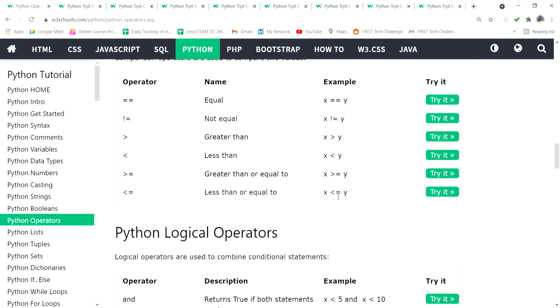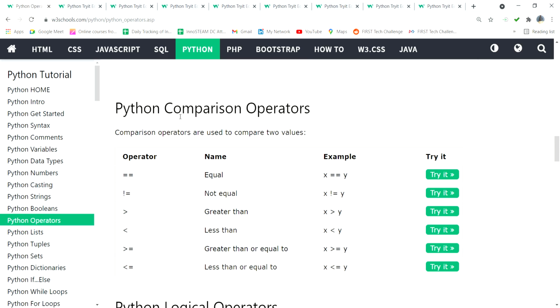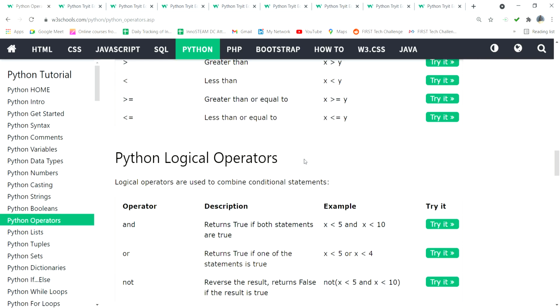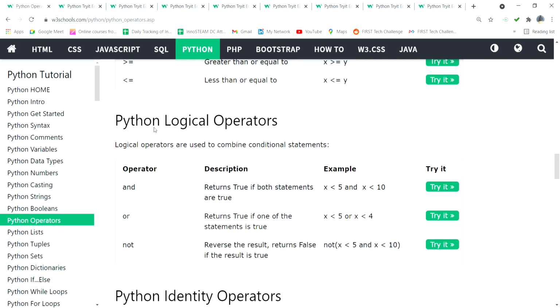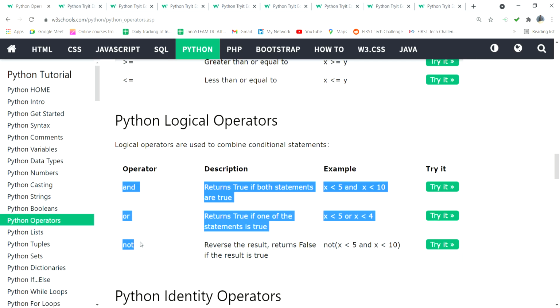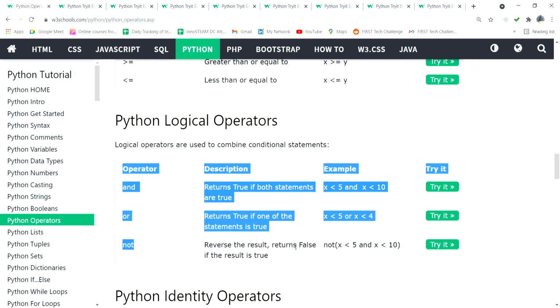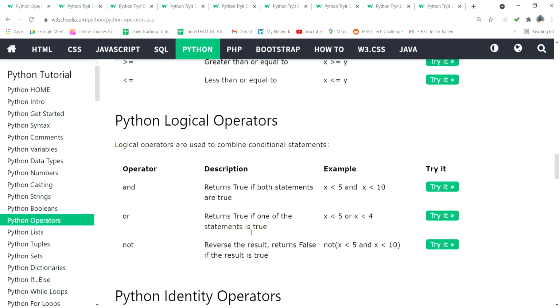Okay, so this is the greater than or equal to, less than or equal to, so this is called comparison operators. So logical operators, arithmetic operators, comparison operators. Logical means logic, so and, or, not, these are the three operators. And, or, not means you can directly write and, or, not. This is the condition we can use, these operators we can use in the